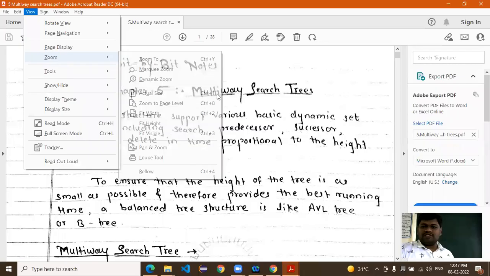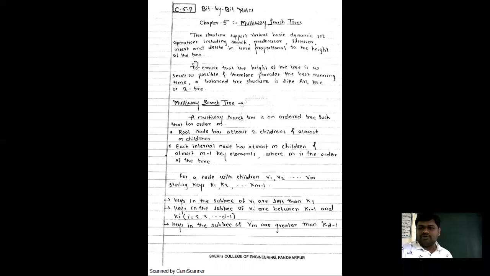First we'll discuss the theoretical concept, and after that we will move to the examples and everything, right? Now the screen is visible to all. So unit number 6. In the PDF it is 5, but our actual unit is number 6.